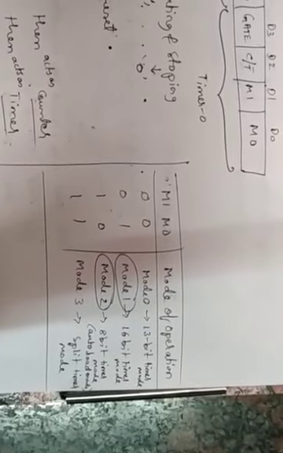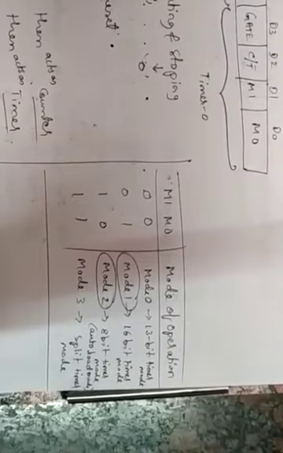Next, you have the M1 M0 bits. These bits will decide the mode of operation of the timer or the counter. There are 4 different modes of operation. If M1 M0 is 00, then it acts as mode 0 and it is a 13-bit timer mode. 01 means mode 1, which is the 16-bit timer mode. 16-bit timer mode means that if it is working like a counter, then it counts from 0000 to FFFF. All the 16 bits of timer 0 or timer 1 will be used in mode 1.